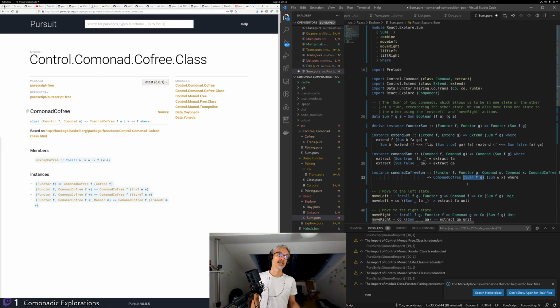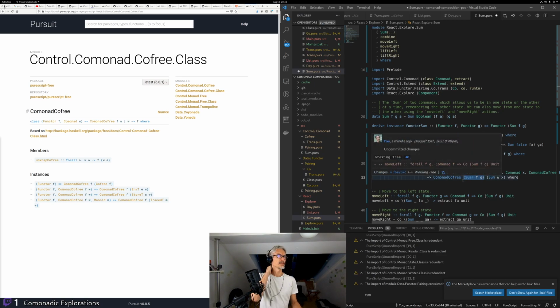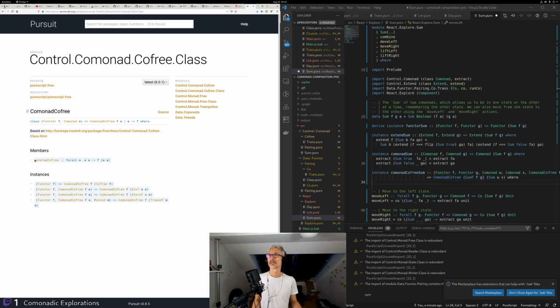We can write that the base functor is some F F G for the Cofree comonad for the comonadic sum of W and X. And to say that, we need to say what sum F is. I don't know. But basically, we need to then